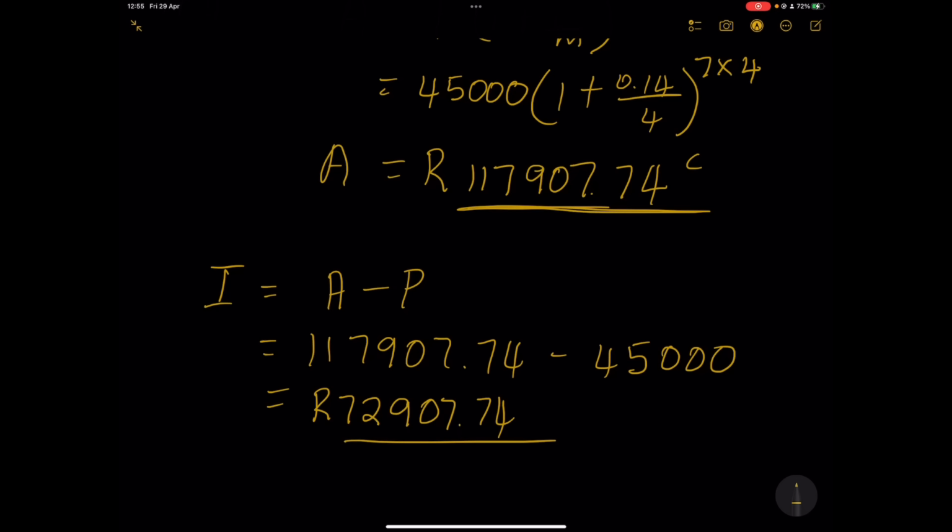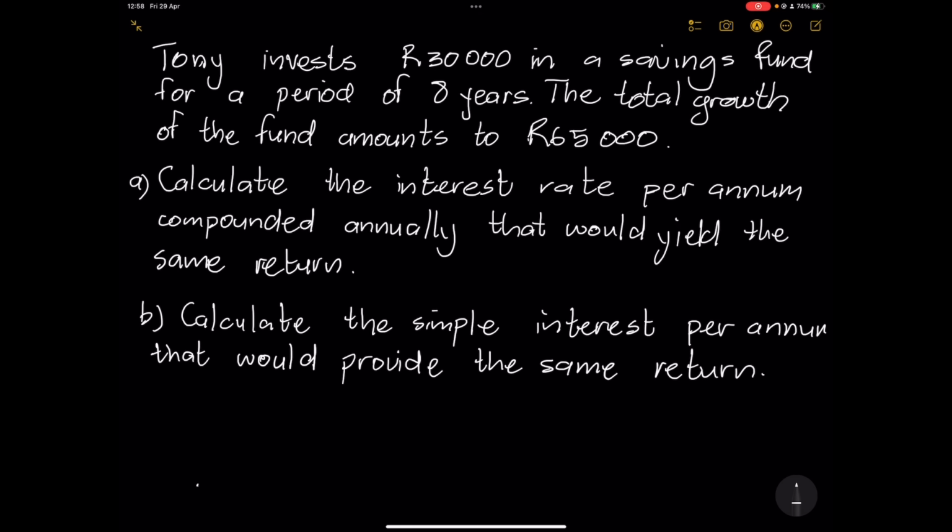So this would be the interest amount that would be accumulated. All right, so I hope that it's sinking in, and I just want to take one last example that we're just going to do together, so that we drive the nail home. All right, so looking at our last exercise, they say Tony invests 30,000 into a savings fund